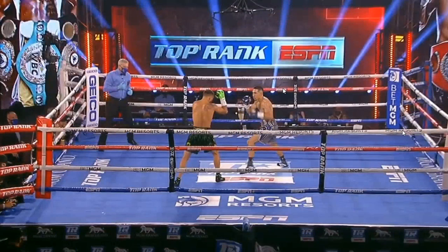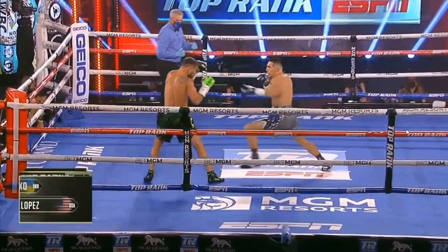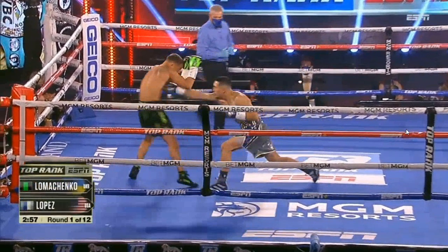So Lopez comes out and immediately starts pressuring Lomachenko, feinting him, and pushing him off of his line onto the back foot and setting up the body shot. Now, when you feint and push your opponent to the back foot, they're moving their head to the back line, which brings their arms with them, changes their position, and that means that the closest target to you now is the body instead of the head, as the head is moving farther away and the body doesn't go with them, right? So the body shot opens up as you feint and probe and push your opponent to the back half